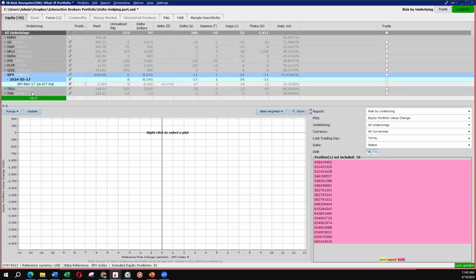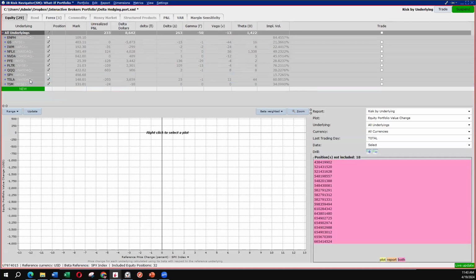Now, the other thing you may want to consider doing is adding a beta weighting to your delta dollars number. So let's just turn this one back off again. For example, Tesla is a high beta stock. PLTR is a high beta stock. So it's typically going to move more than the S&P 500. So if we go